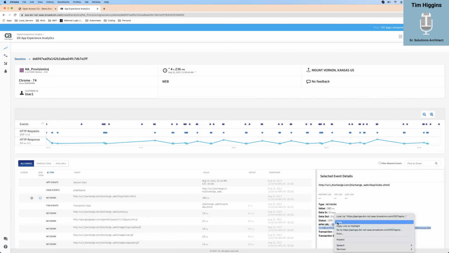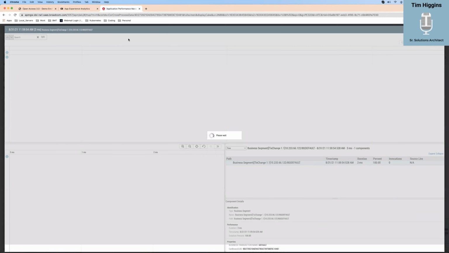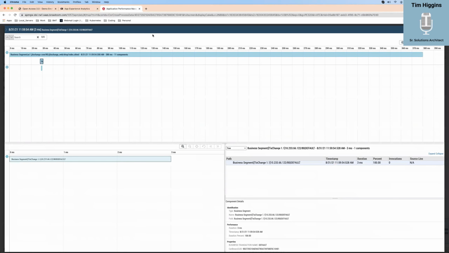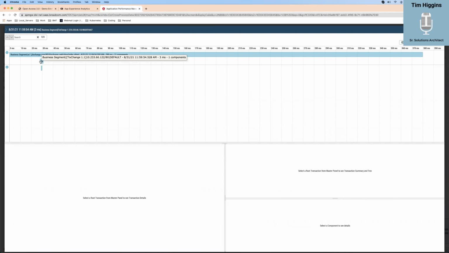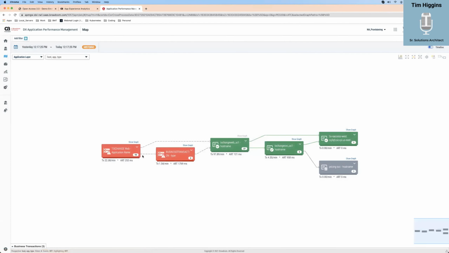Remember the URL I said to remember earlier? You don't have to click to the map. You can click on that, and that will take you right to it. Now, I don't know why it's not clickable for me. I'm using a Mac on Chrome. Usually that's a clickable link. So I just copied and pasted. But I was able to get back to what we call the trace view just by copying that link, coming from my user's perspective. So if I close this, I can still see a lot of good information.